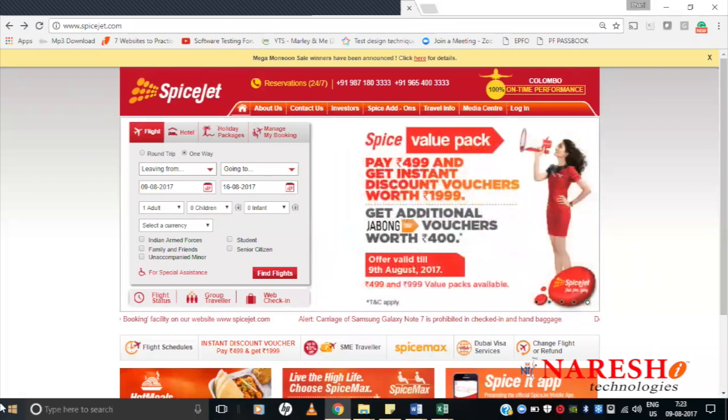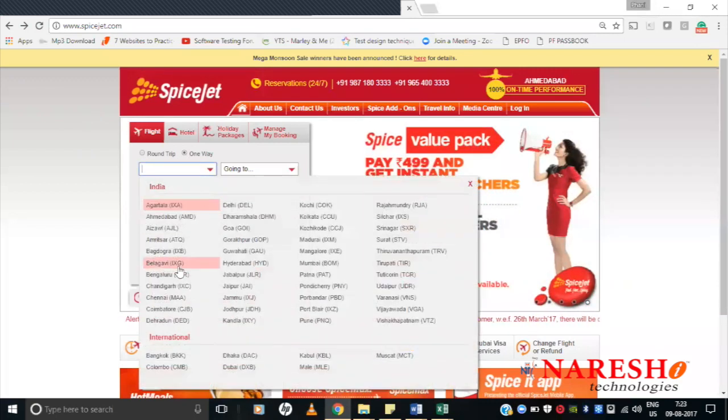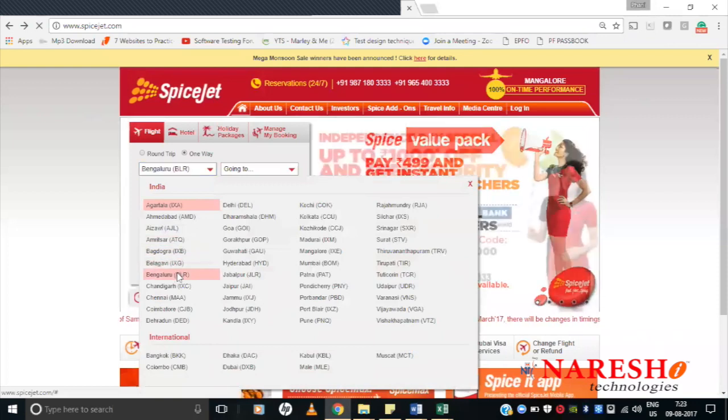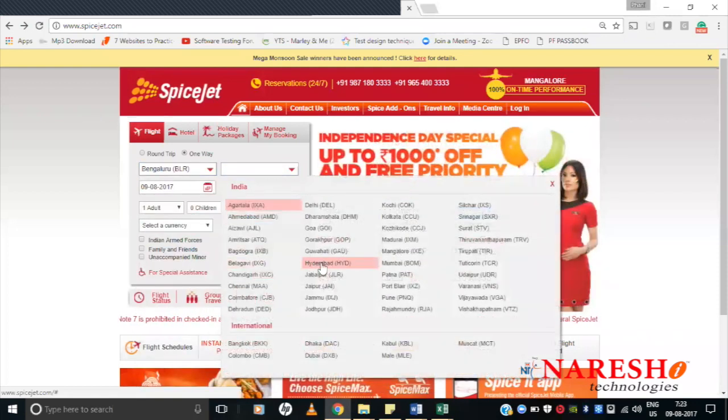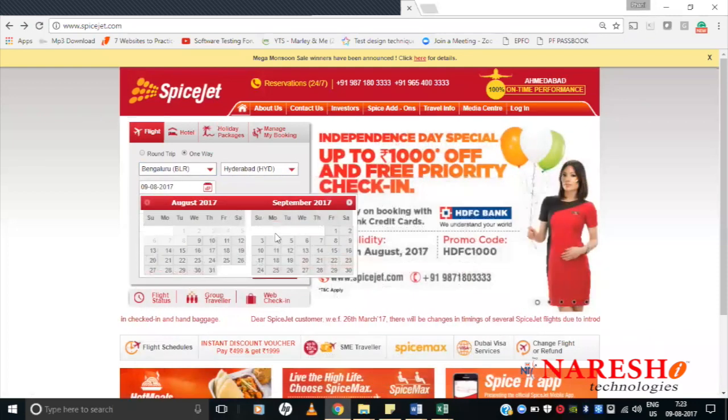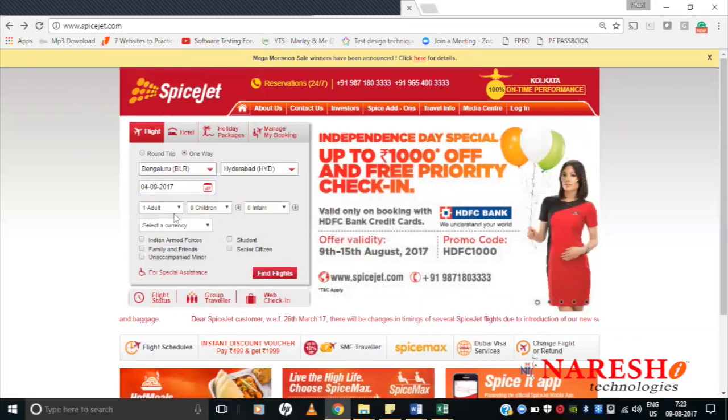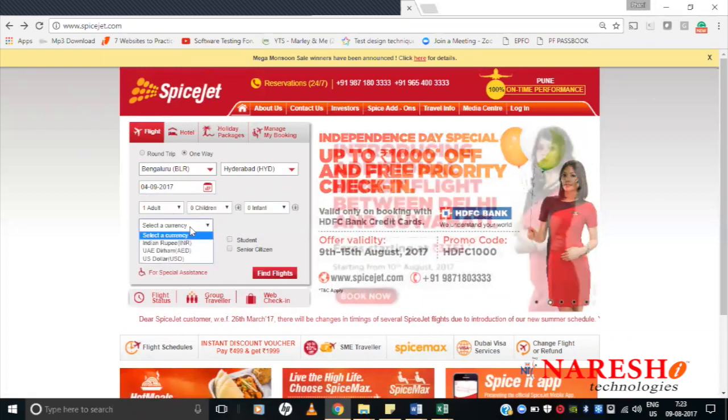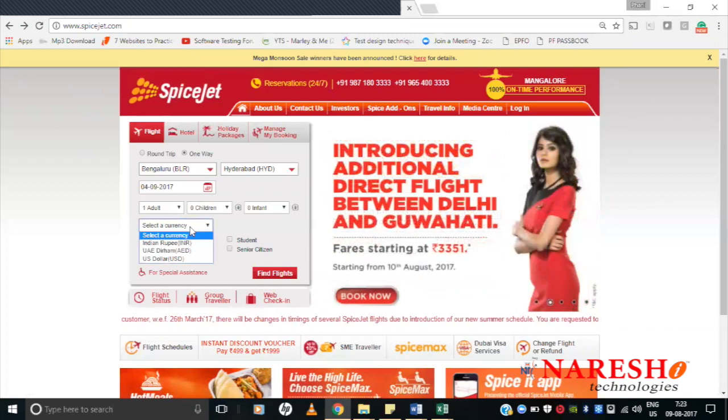Can the customers do round trip booking? Can the customers do one-way booking? When the customers are selecting the destinations, Bangalore, Hyderabad, and they select a date, is it compulsory for them to select a currency, or is it not mandatory?